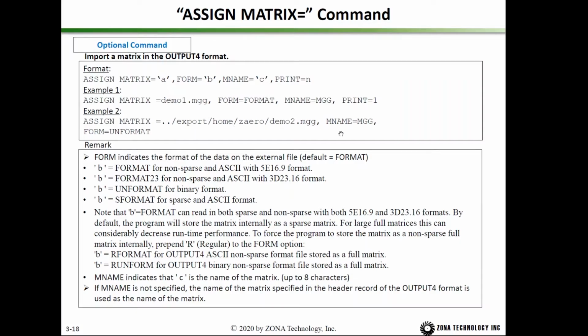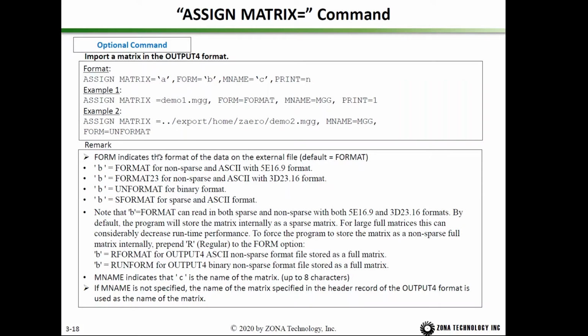For example, if you want to calculate the inertial load in the trim module, then you have to import the MGG matrix. So you say MNAME equals MGG, and this file contains the MGG, the GSAT mass matrix, and